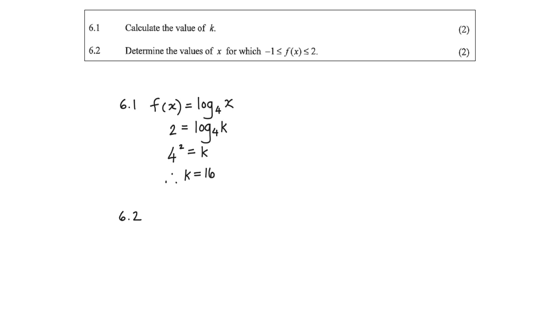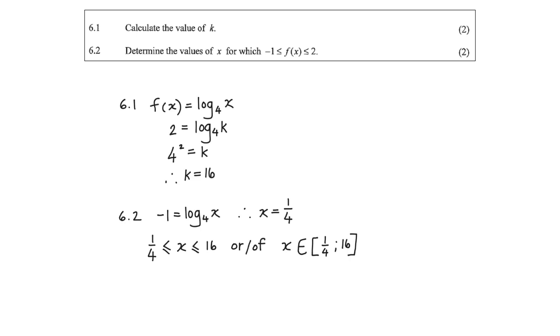So if y is equal to -1, we have -1 equals log base 4 of x, and that means x is equal to 1/4. And in the previous question, we determined that if y is 2, x is equal to 16. So that means that x has to be bigger or equal to 1/4 and smaller or equal to 16. Or you can also write it in interval notation. x is an element of [1/4; 16], and you use square brackets since both the 1/4 and the 16 are included.